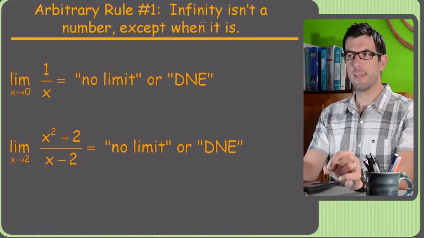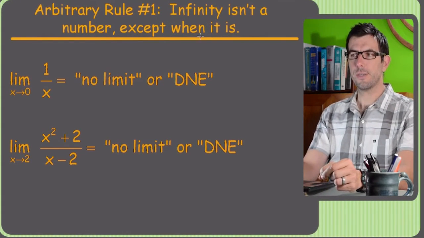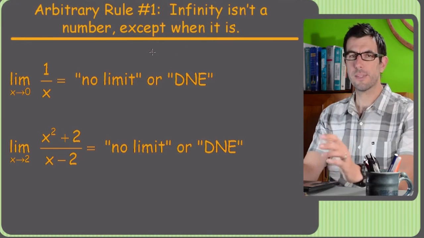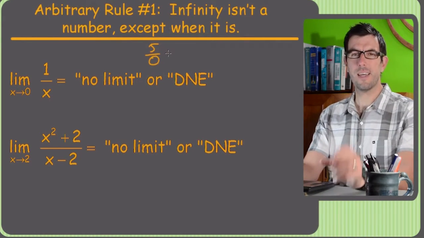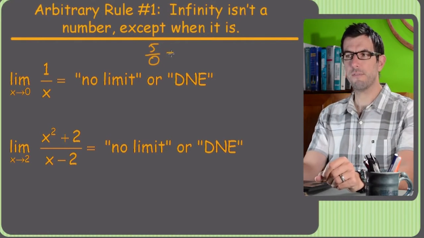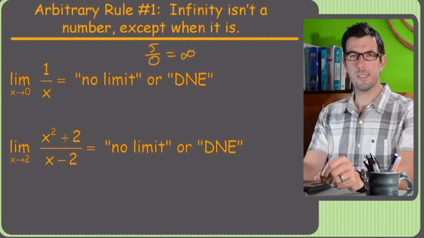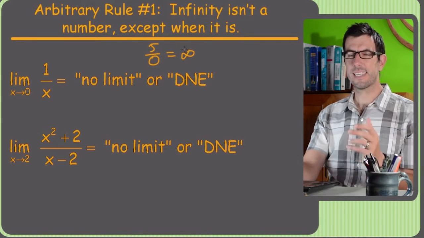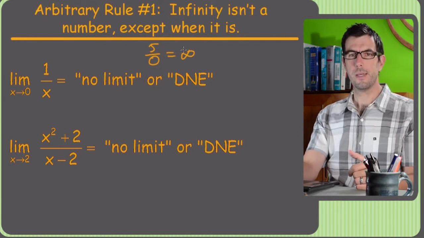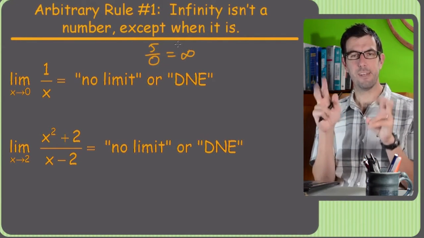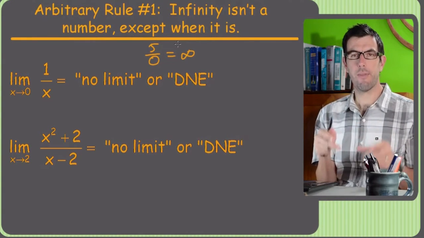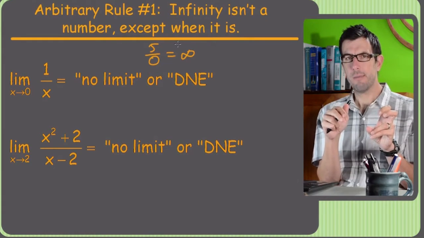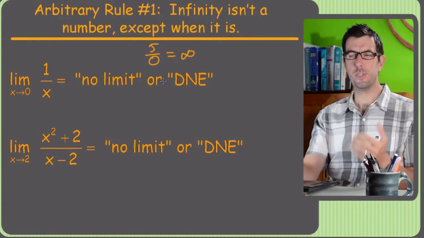So rule number one, infinity is not a number. A lot of times, and I get this question from students all the time, they'll say, well, hey, 5 over 0, why is that undefined? Why isn't it just infinity? And the reason is because infinity isn't a number. Infinity is the idea of a number that's getting bigger super fast and will never end. They call that increasing without bound. But the point is, it's not a number. It's not like a jillion.